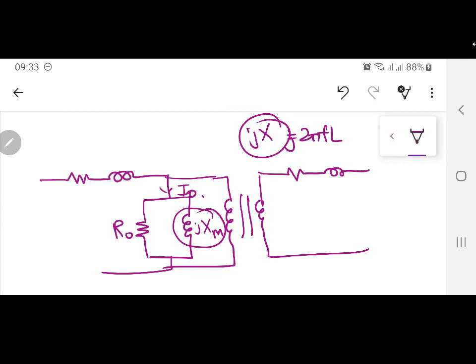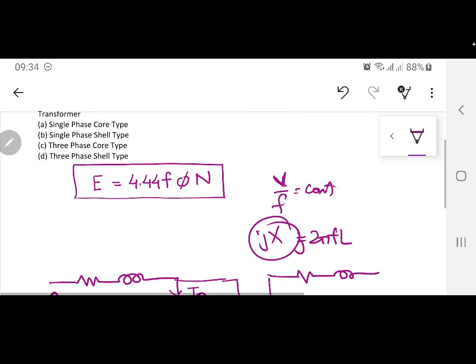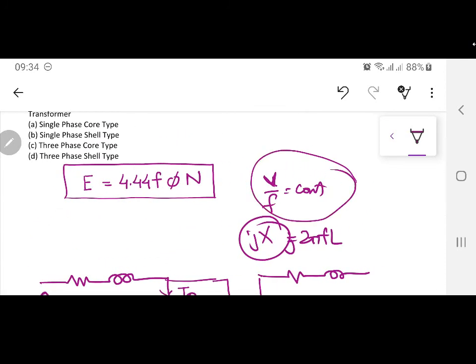And if you are increasing the frequency, then the voltage applied also has to be increased so that you have a proportional increase. So if you are increasing the frequency, you have to increase the voltage also. But if a transformer is rated for 220 volts, you cannot apply more than that. And if a machine is rated for 300 volts or 380 volts or something, you cannot apply more than that. I am talking about line to line voltage. If it is line to neutral, then it is 230 volts. So the V over F ratio is a very important characteristic. If I am talking about an induction machine, then this parameter has to remain constant if you want to run that machine effectively.